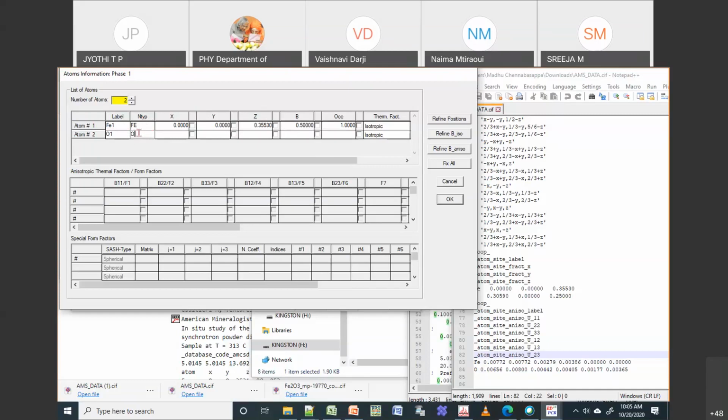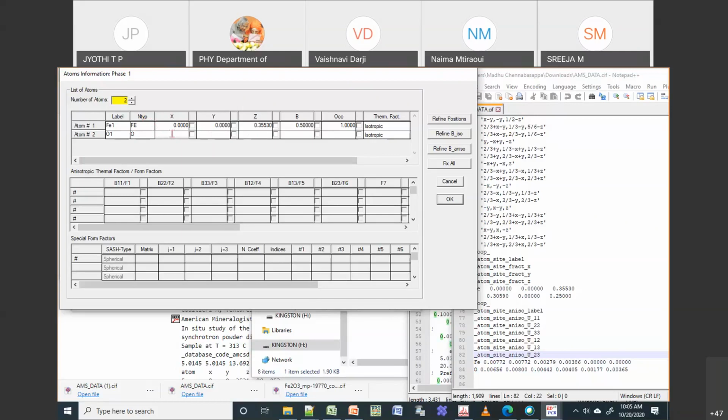If I put O, the software will know that this is an oxygen atom. And if I put Fe, the software will recognize this is an iron atom. If I put Fe1, then I will get an error message. So these things you need to take care.